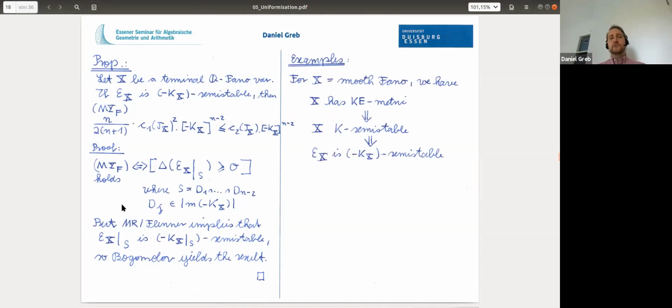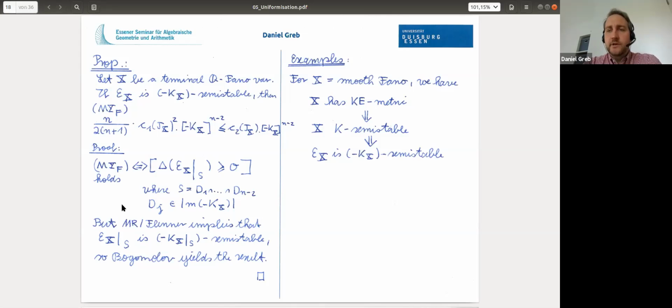So how do you look at this condition, or is this condition always fulfilled? No, it's not. Do you have examples? Actually, in the case of smooth Fanos, this is one of the results of Tian in his 1992 paper, that if you have a Kähler-Einstein metric, then this is semi-stable, and actually you can put something in between, and that's very recent, based on work of Chi Li,